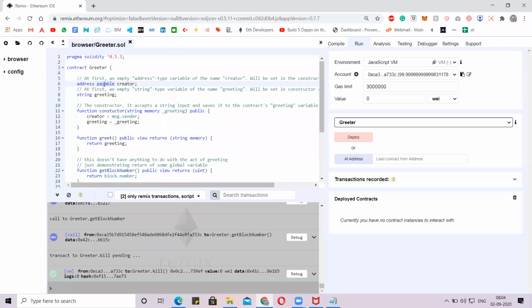It is capable of doing a transaction. Is that clear to everyone? What is the use of payable and address? Raise your hands, guys, quickly.